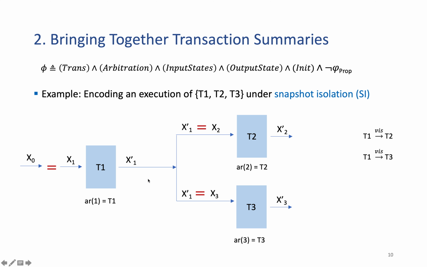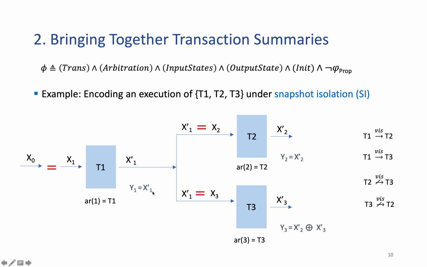And similarly, in that execution, of course, that's not the only execution under snapshot isolation, but that's an example execution. And the output of T1 is also connected to the input of T3, and hence T3 operates on the resulting state of T1, but T2 and T3 do not see each other's effects, so they are concurrent. The output state summarizing the effects up to some point in the arbitration is, after the execution of the first transaction,